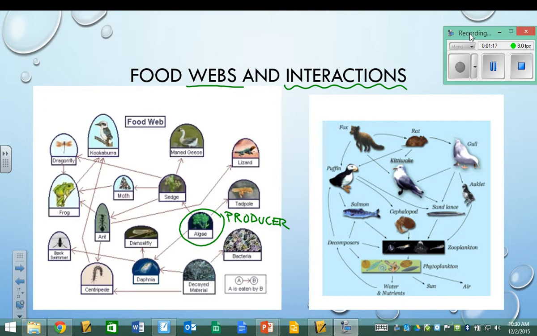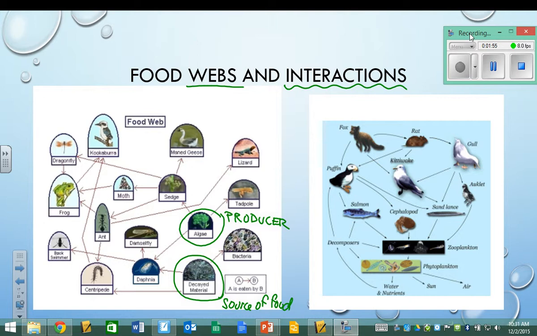Now, the algae is the only producer, but that doesn't mean it's the only source of food. The other source of food is down here. It's the result of decay or decomposition. And so in real life, are plants the only thing that could start a food chain? Not necessarily, because the plant might not actually be part of it. It might be the remains of the plant that are left behind.